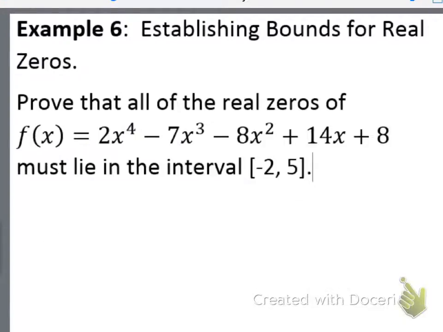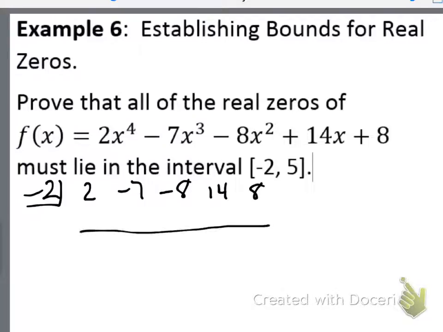Okay, so it says prove that all of the real zeros of f of x equals, and then it gives you the polynomial, must lie in the interval -2 to 5. So put -2 in the box. Write out your coefficients. Bring the 2 down, multiply, add, multiply, add, multiply, add,